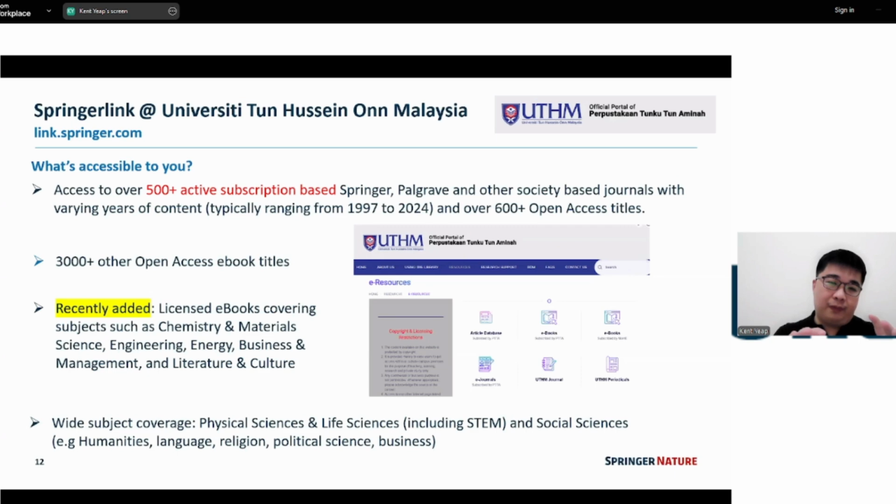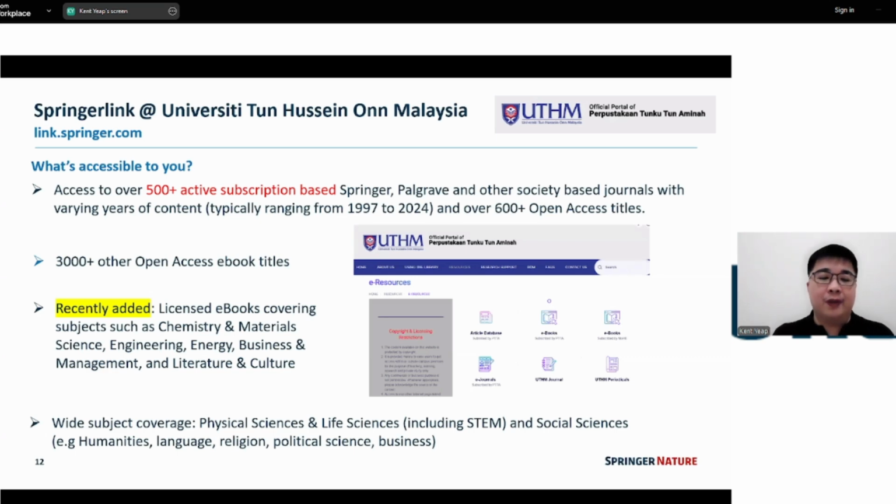And for the combined content itself, we're looking at subject area coverage. Springer Nature Link is actually a very diverse platform. It publishes content all the way from the physical sciences to the other side of the spectrum, the social sciences as well.